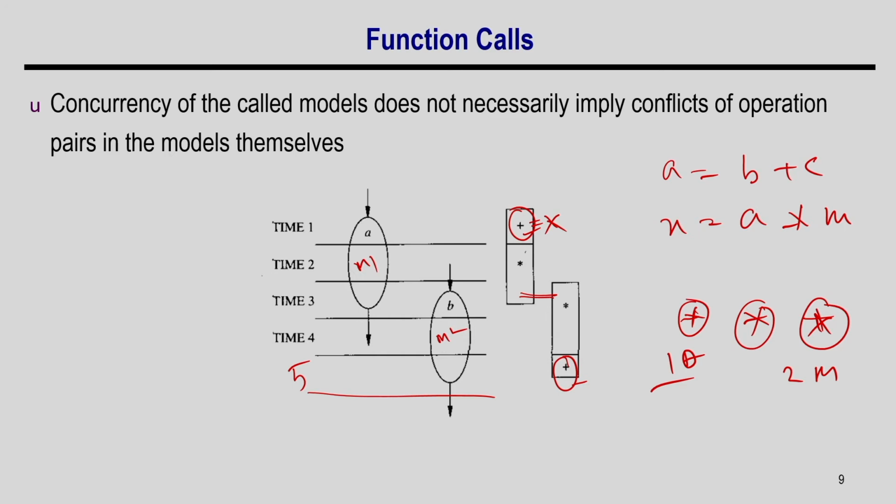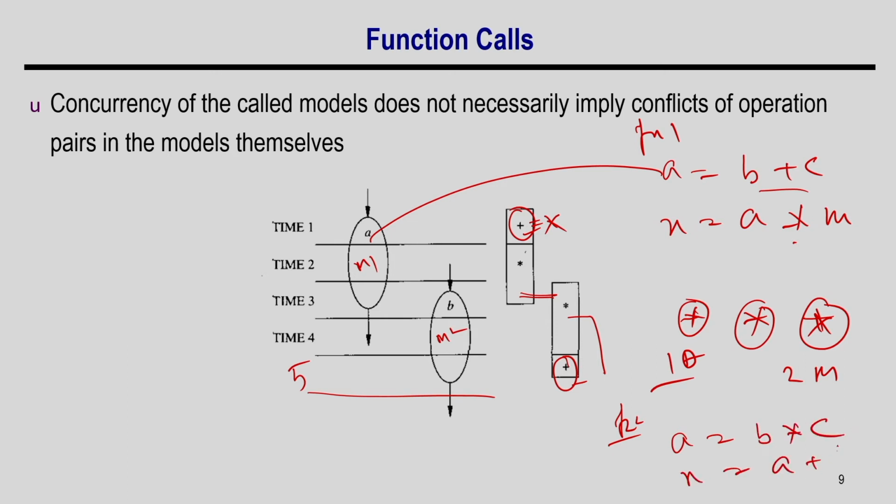So, here I mean two functions. This is my function 1, where addition is followed by multiplication, and here multiplication is followed by addition, right. So, this is function 1, and function 2 will be like this: a equal to, say, b star c and then x equal to a plus, say, y, right. But if it is the same function, then this will be plus followed by multiplication. So, then both can be shared, right.